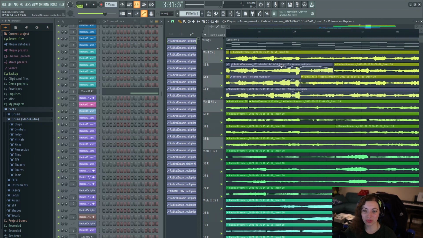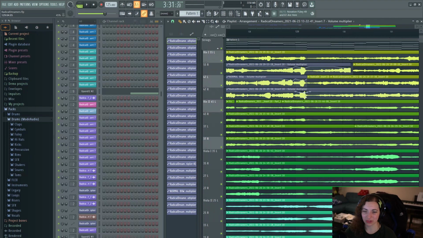Same thing with the strings here. You can see there are some wolf tones on the violin, which is just certain notes sounding a lot louder than others, even when I'm playing them with the exact same weight on the bow and same bow speed. Some notes just sound a lot louder than others, and so that's when I go back in here and adjust them accordingly with the volume automation. I think that's pretty much it though.